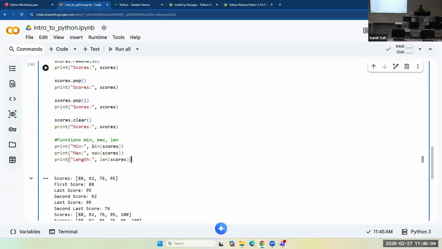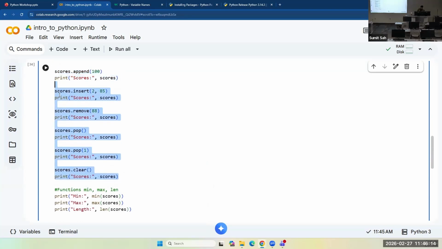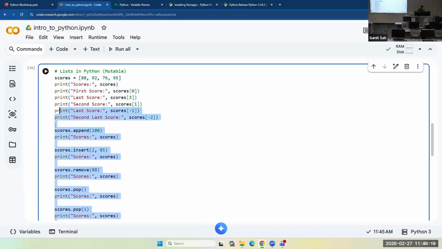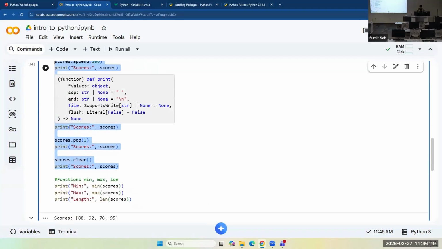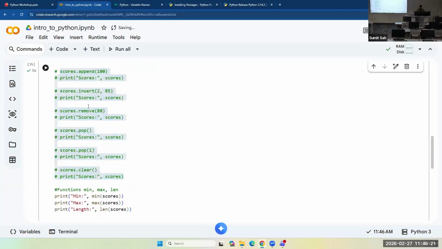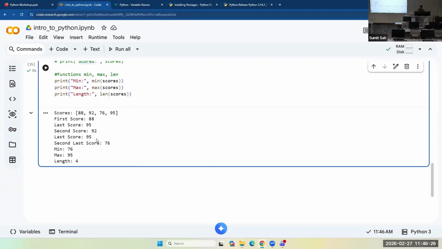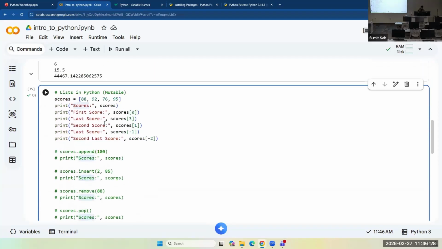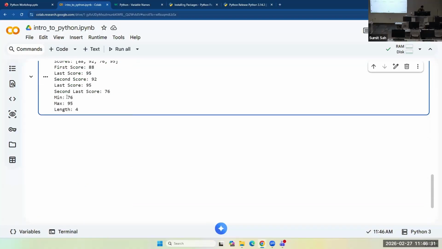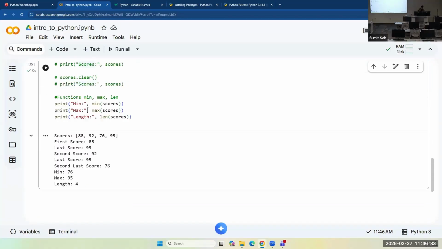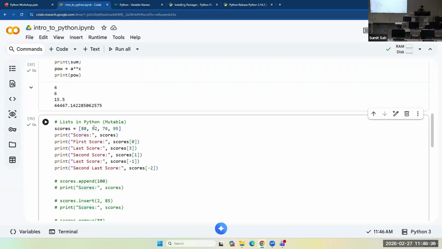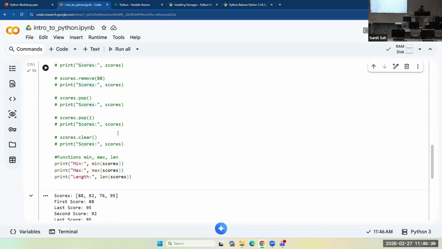So you use min and then the scores. I'm going to reinitialize everything so that my list is not cleared. So you can see the minimum of these scores is 76, so it printed out 76, the maximum is 95, and the length is 4: 1, 2, 3, 4.